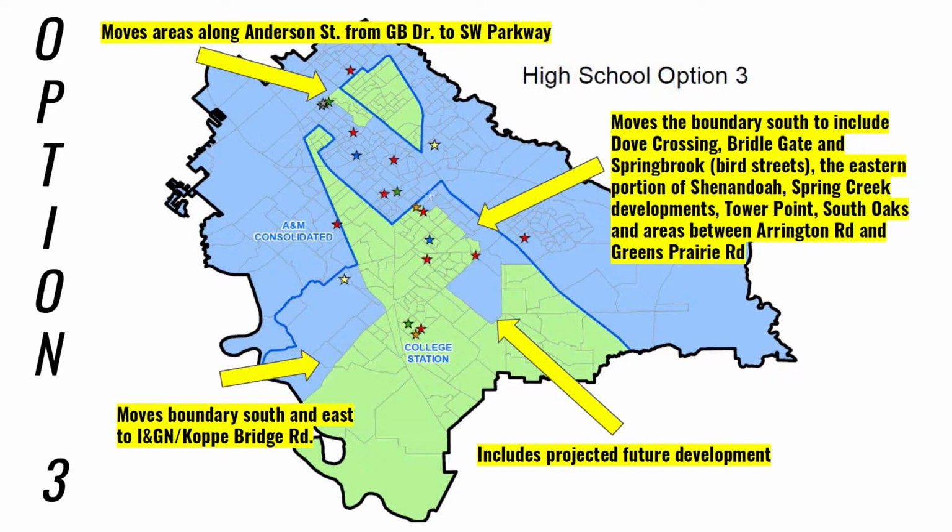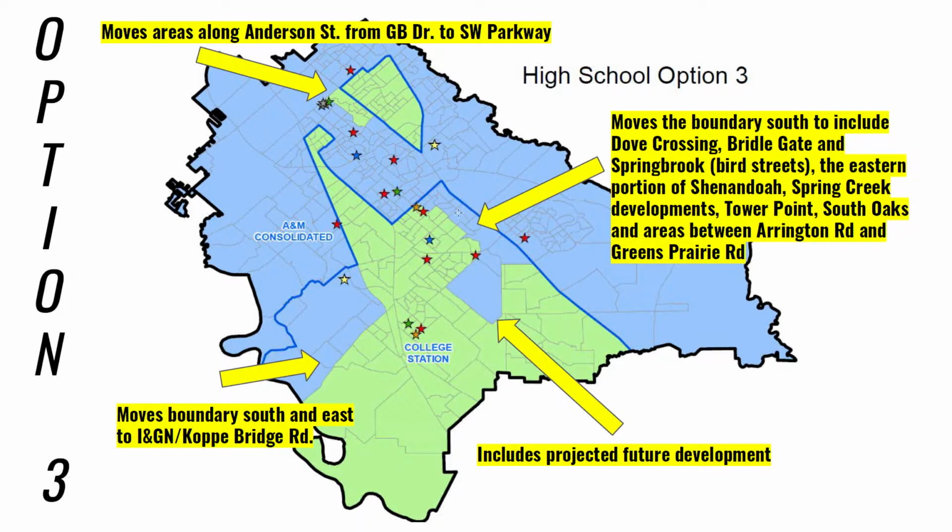It mirrors 2B to a degree, but continues south. So again, for your bearings, it's Creekview and Cypress Grove. So this would move the boundary south to include Dove Crossing, Bridal Gate, Springbrook,